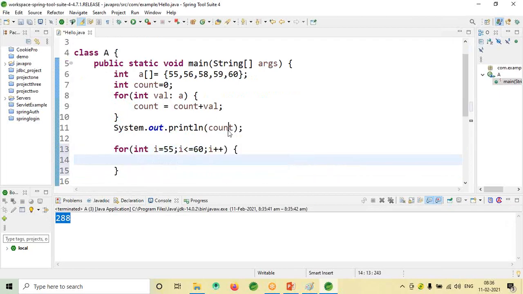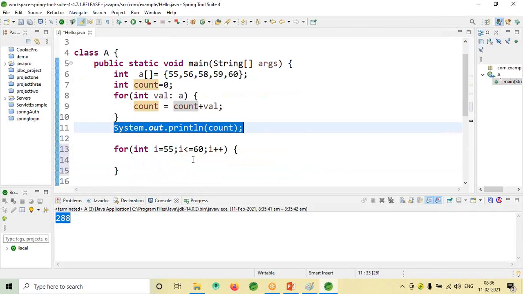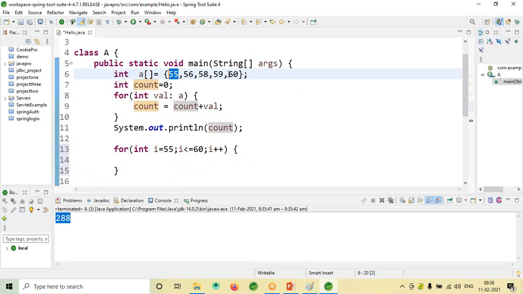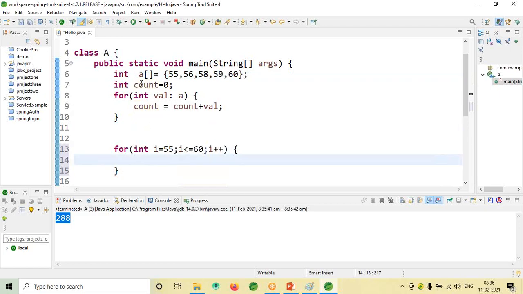So we got 288 here, the count. Now the array starts from 55 and it ends at 60. Now I want to add all the elements, right? So for that I will take one more